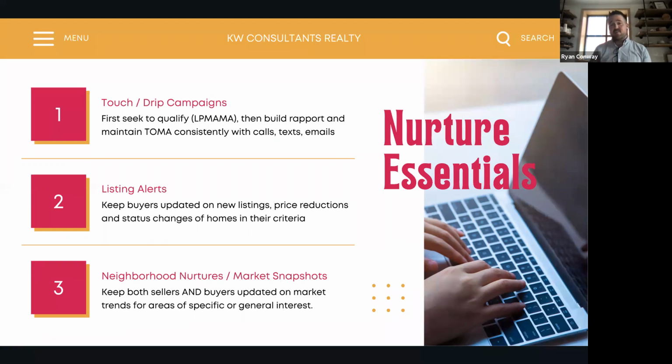Be sure to write this down. What LP Mama stands for is location, price, motivation, agent, mortgage, and appointment. This is what you should be trying to do anytime you have a new lead coming in. Don't jump ahead of yourself, try to figure out what exactly they were trying to do just because they clicked on a house that was $500,000 in Dublin that's already in contract. Give them a call. Get in touch with them.